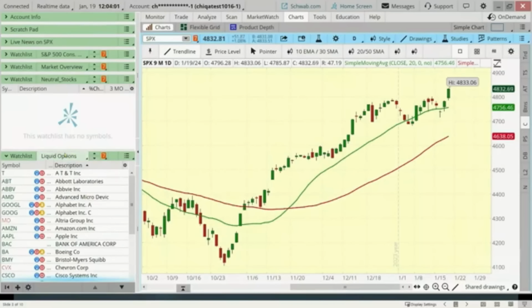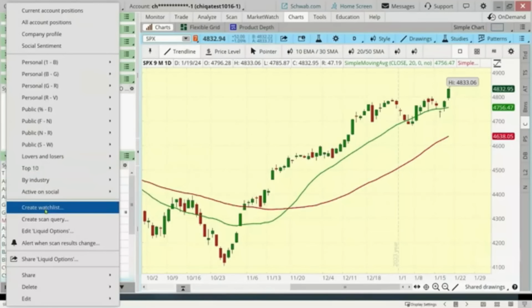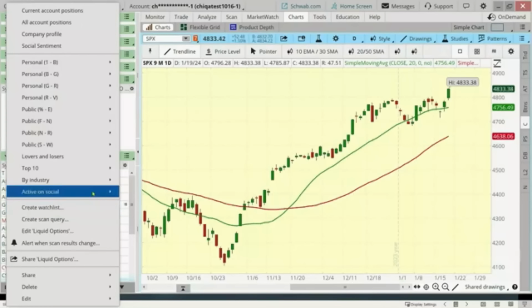But if you want to create a watch list like this, you can actually just type in ticker symbols here. If you want to create a watch list, you can go down to your watch list, click on your watch list there, and create a watch list here and type in one symbol after another. That's not what I did on this, but if there's just a very certain set of stocks that you want to trade over and over again, maybe only 10 or 20 stocks, you can just click Create Watch List right here and create that list.